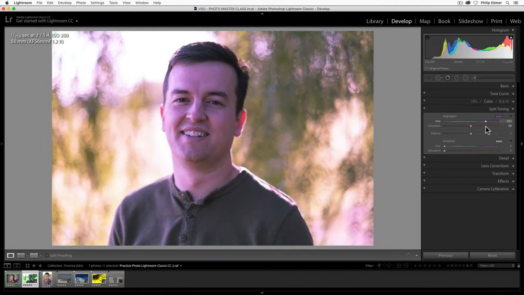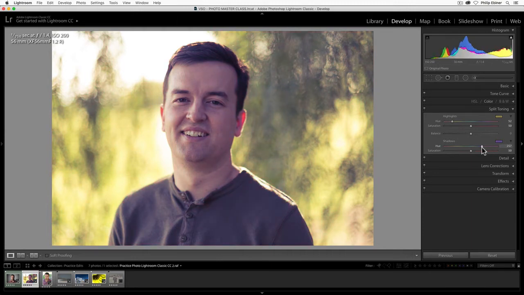So for this portrait, it's pretty wacky, but you can get some really creative looks. Something a little bit more natural would be maybe adding some yellows, that kind of sepia tone there. And then if you want, you can adjust the shadows. So again, if we just adjust the hue, nothing's going to happen. But if we first adjust the saturation, then you can see what's actually happening. So if we want sort of a yellow and a blue look, we could do something like that. And that gets you that more creative look, creating your own unique filters with this.